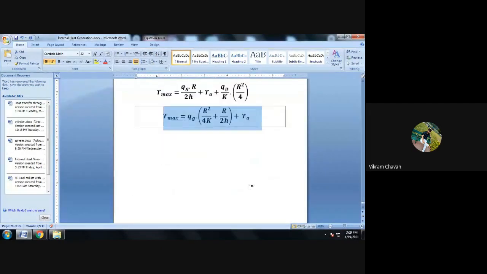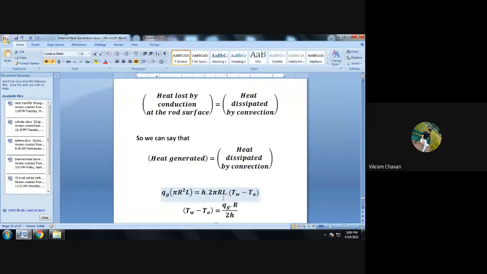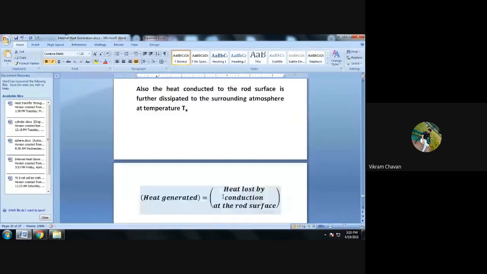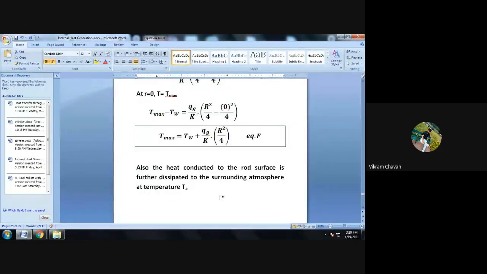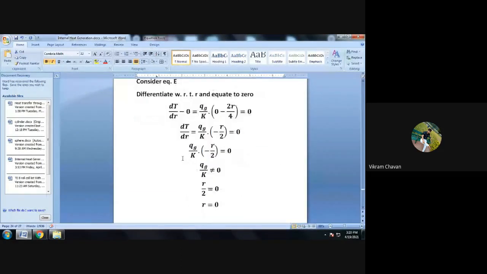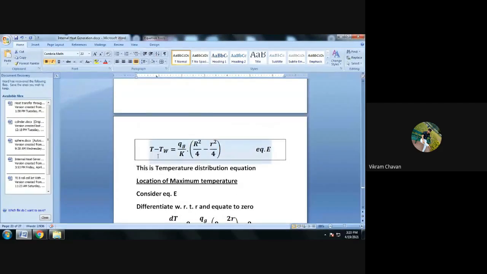That part we will discuss in the next lecture. I just wanted to show you the overview of further derivation, and in the next lecture we'll take 2 to 3 problems on this point. Up till now, is there any problem up to the temperature distribution equation? Is there any doubt, any question? Whether you understood or not, please let me know, or should I repeat the things?